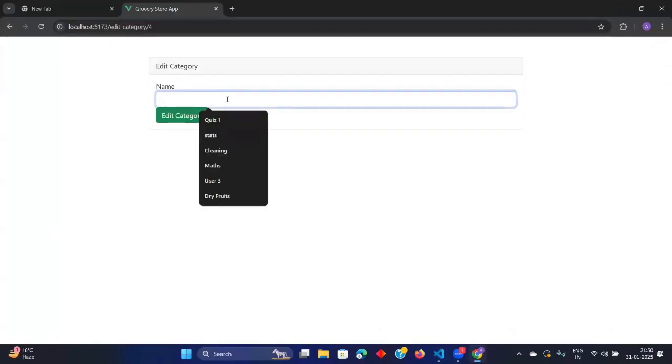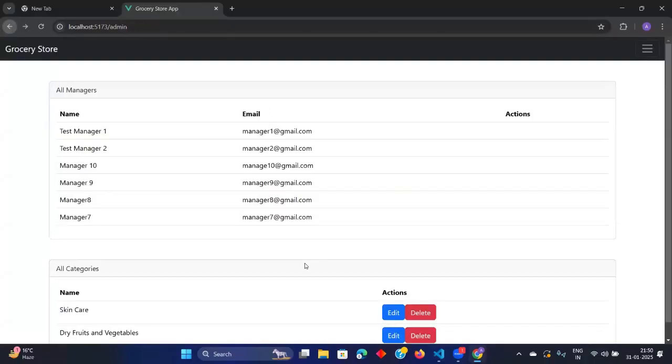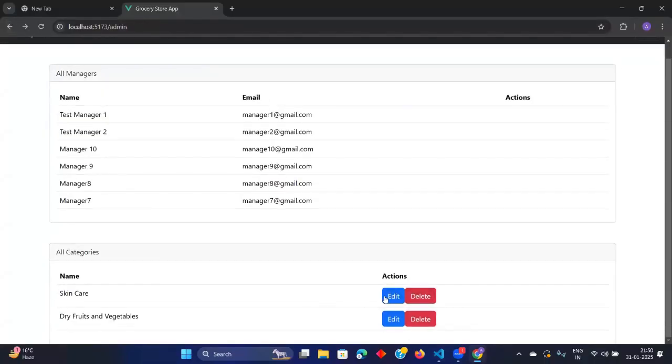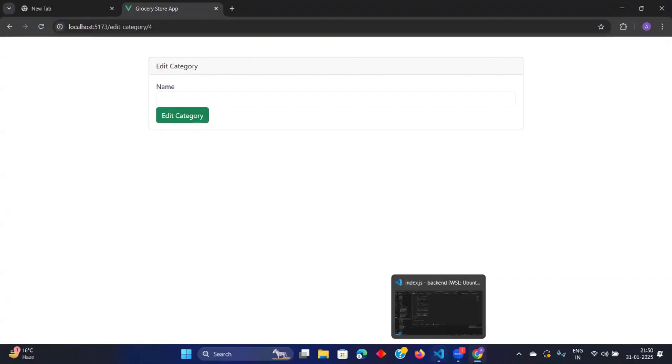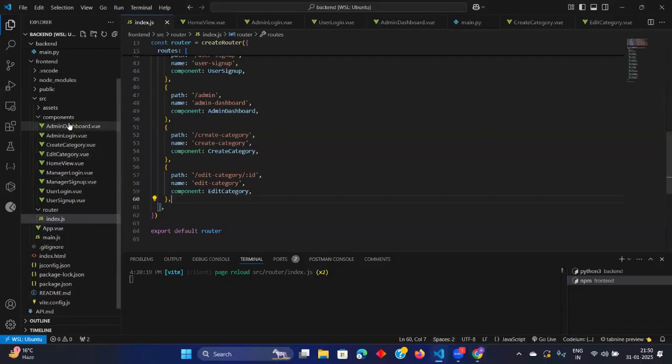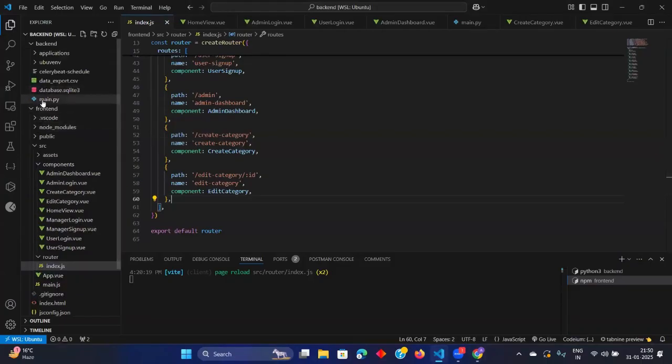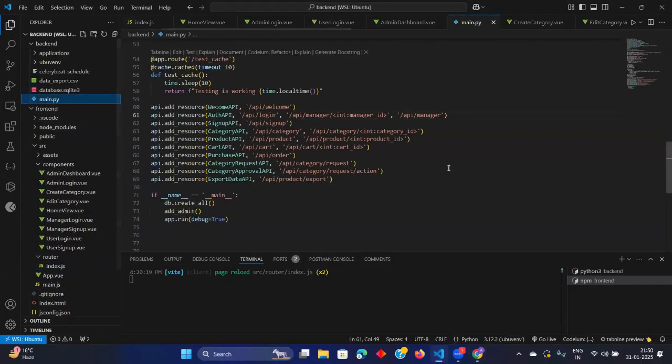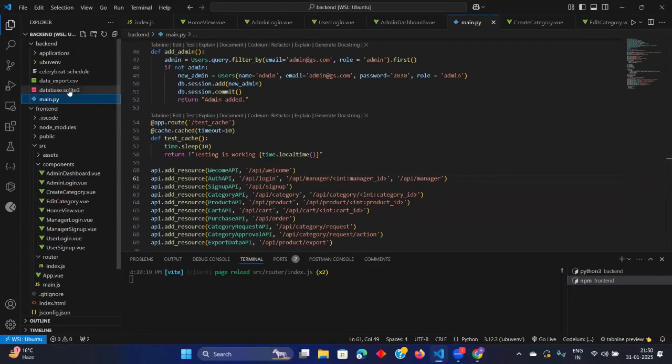Now you see the issue which is happening is we are not able to get what is already written here, in this skincare category. Why is this happening? Because we do not have any API. We have not created any API for getting the specific details of a specific category.